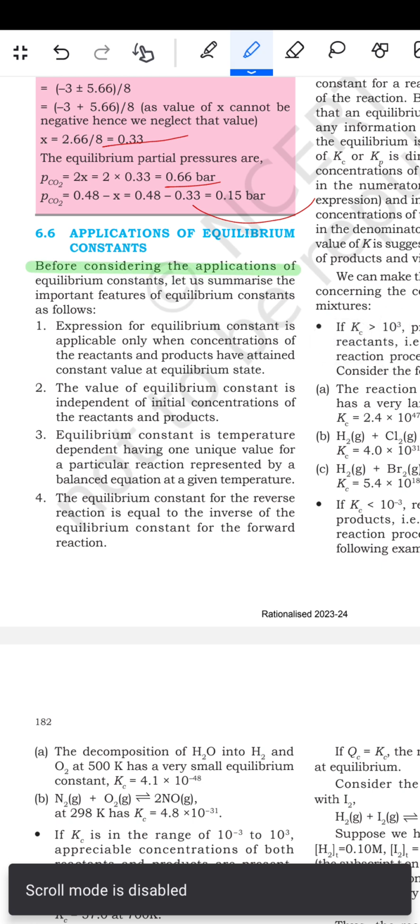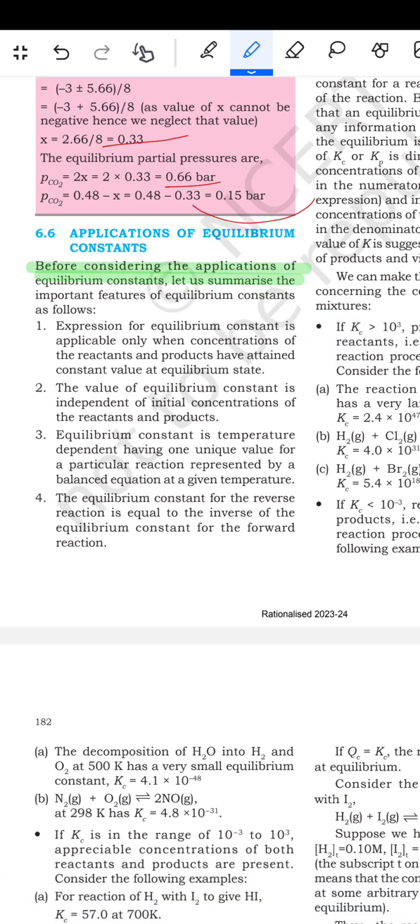तो कहता है before considering the application of the equilibrium constant, let us summarize the important features of the equilibrium constant as follows। तो expression for equilibrium constant is applicable only when the concentration of the reactants and products have attained a constant value at the equilibrium state. The value of the equilibrium constant is independent of the initial concentration of the reactants and products. Equilibrium constant is temperature dependent, having one unique value for a particular reaction represented by a balanced equation at a given temperature, or the equilibrium constant for the reverse reaction is equal to the inverse of the equilibrium constant for the forward reaction।